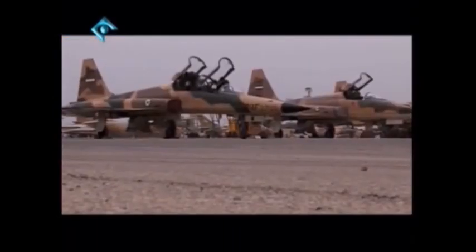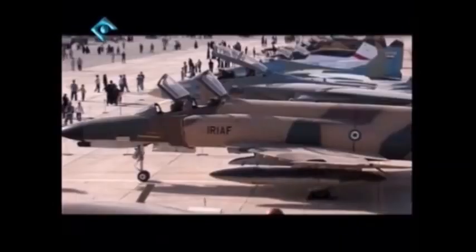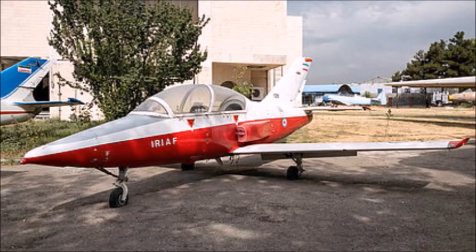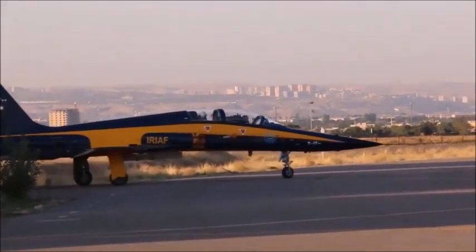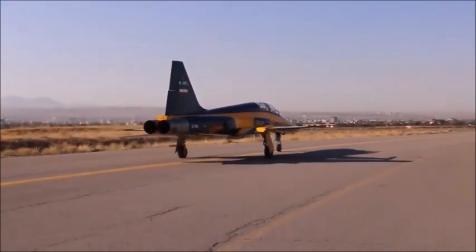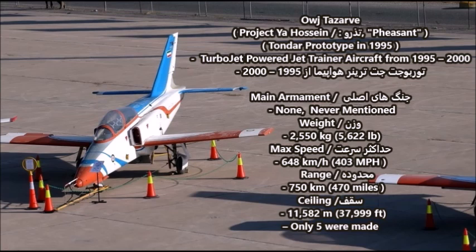These are military jet trainer aircraft that were developed for the Iranian Air Force in order to train their next generation of pilots to pilot many of the existing aircraft, like the American F-14 Tomcat, or even some of the older French aircraft like the Dassault Mirage F-1. So here are some of the rare Iranian jet aircraft that actually work and have been in service since at least the late 1990s. Now, the first aircraft on the list is the Tezaar, also known as the OWJ Tezaar,